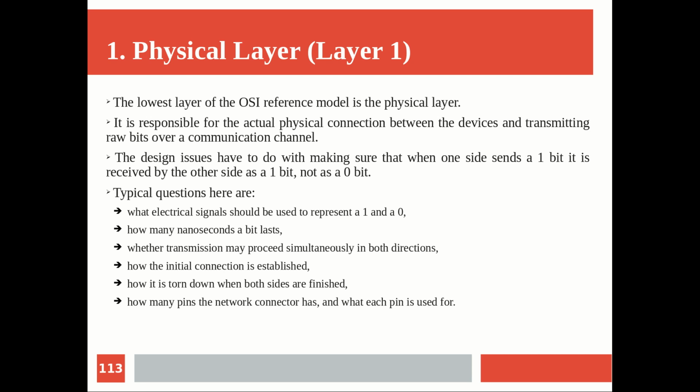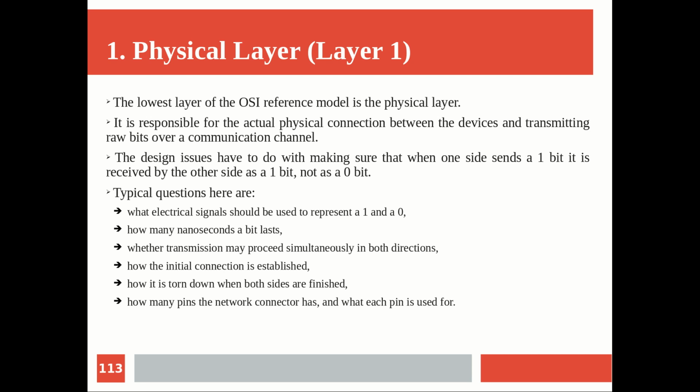Other than that, many questions come into our mind when it comes to physical layer design, many decisions that the network architecture designer has to take care of, like what electrical signal should be used to represent 1 and 0. In the sense, whether you will represent 1 by plus 5 volts and 0 by minus 5 volts, or 1 by plus 5 and 0 by just 0 volts, like that. What kind of signal can be used to represent the binary information 1 and 0 when the digital information is signal encoded at the physical layer.